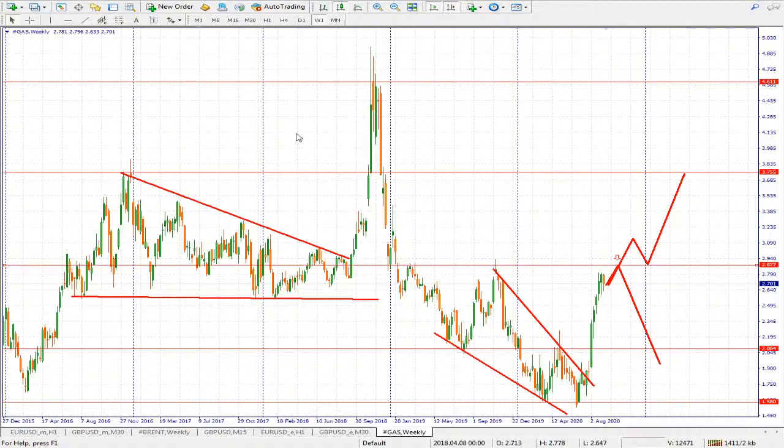So if you're on this chart now, you're supposed to look for a buy if the price successfully closes beyond 2.877, then that will mean we are upwards. But if